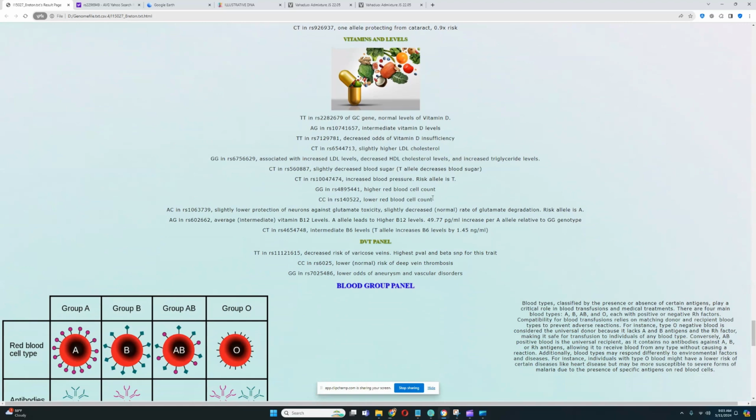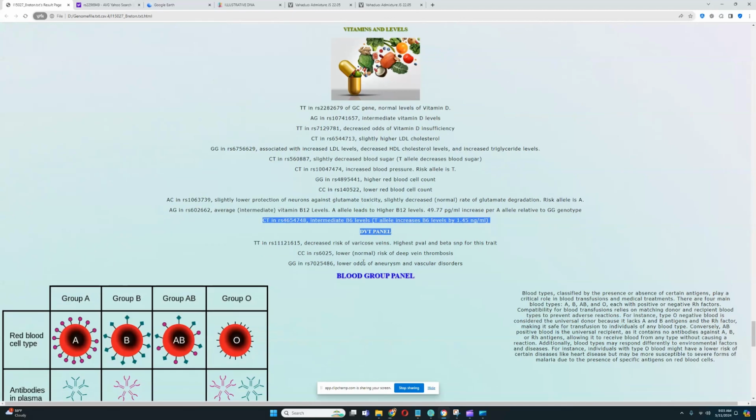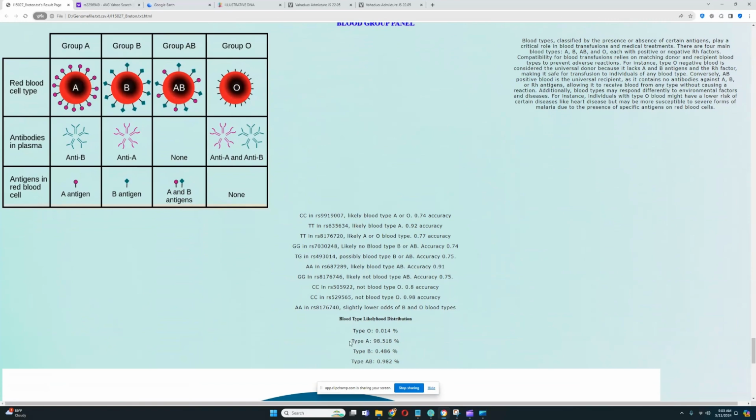We're going to move on to the vitamins and levels panel. I'm only going to discuss certain things here. So he has slightly lower protection of neurons against glutamate toxicity and slightly decreased rate of glutamate degradation, and he has average or intermediate levels of B12. He has intermediate B6 levels, and for blood type, his blood type is actually type A, which is